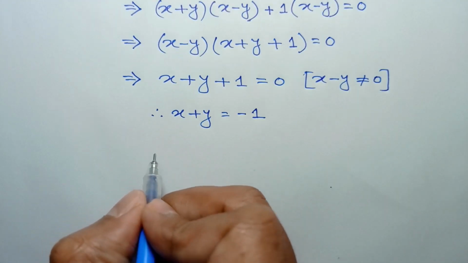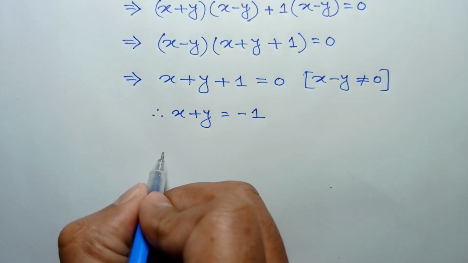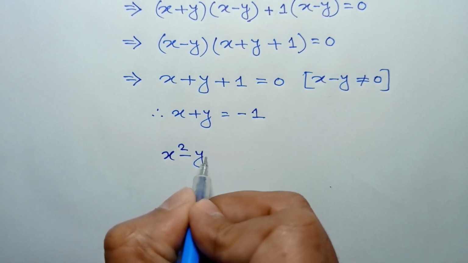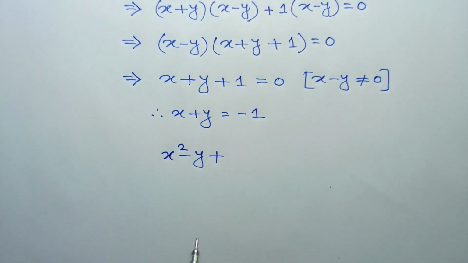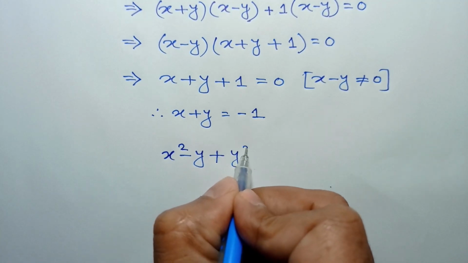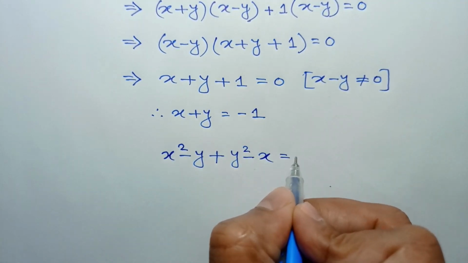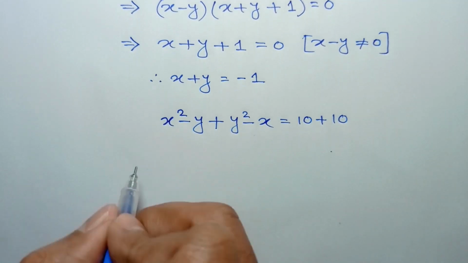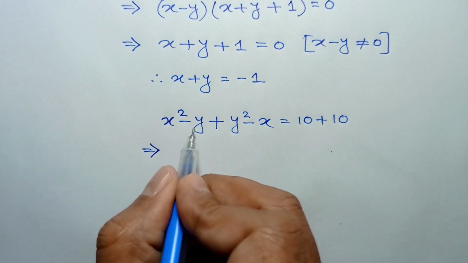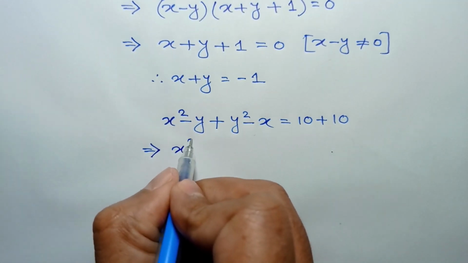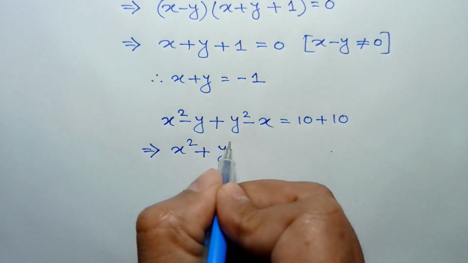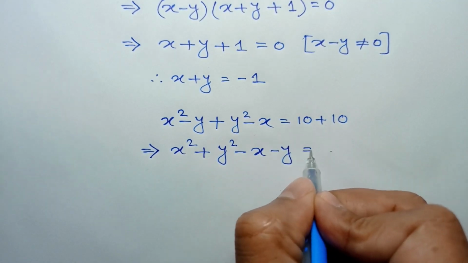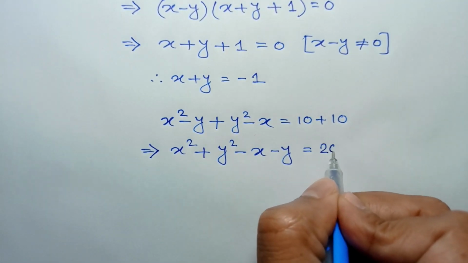Now adding equation 1 and equation 2, we can write from equation 1 x² − y plus y² − x is equal to 10 + 10, or rearranging it we can write x² + y² − x − y = 10 + 10, which is 20,